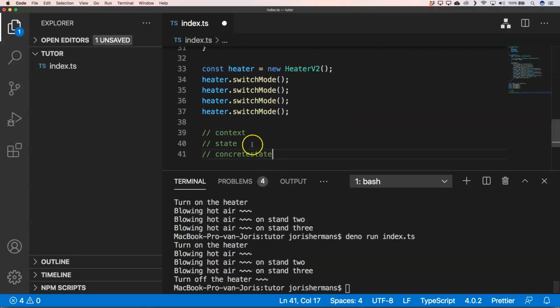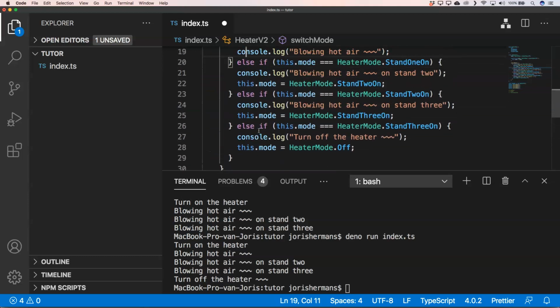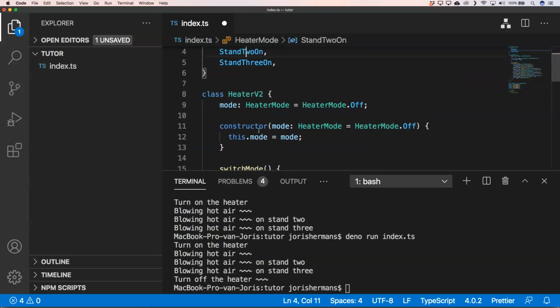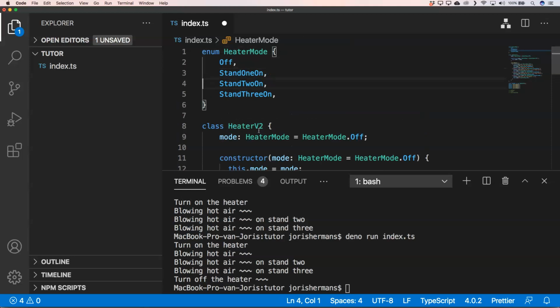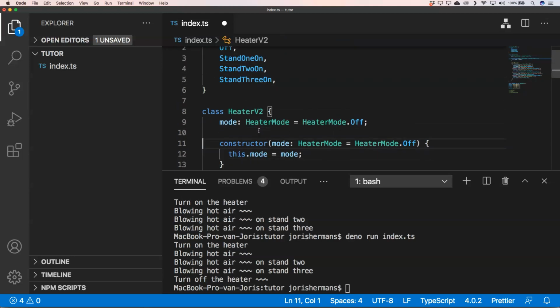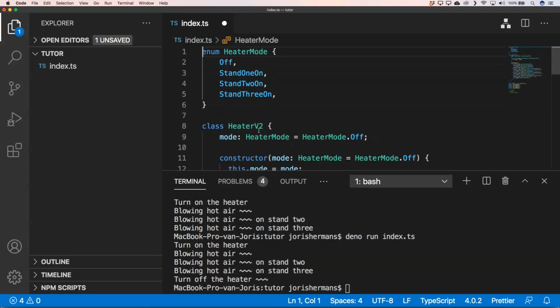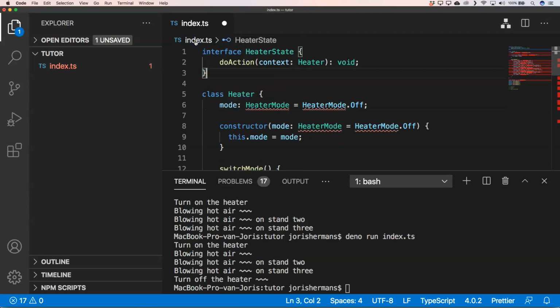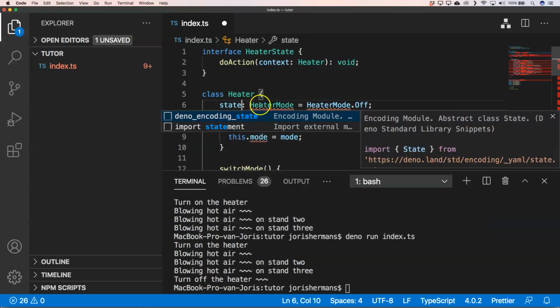So a state pattern consists of a context, a state, and a concrete state, right? Everything can be used with that, and we're going to change that so that we are matching these kinds of concepts, right? So let's start off with that. For that we need to create an interface. So I'm going to create an interface right here, and of course you will get some errors because we need to change this to state, and this will be